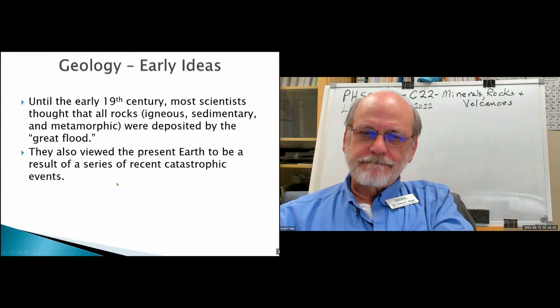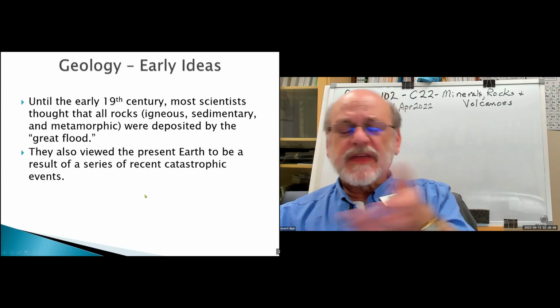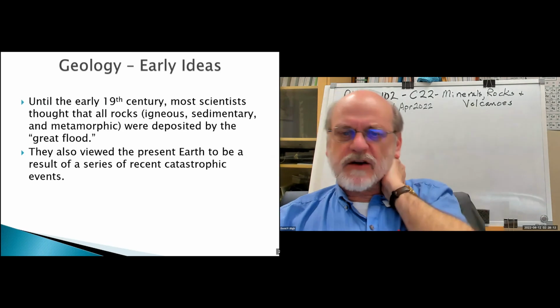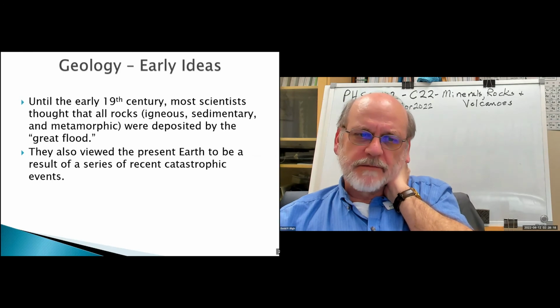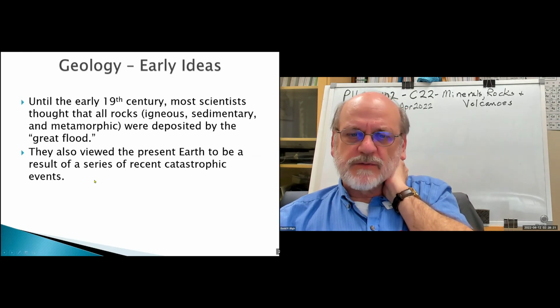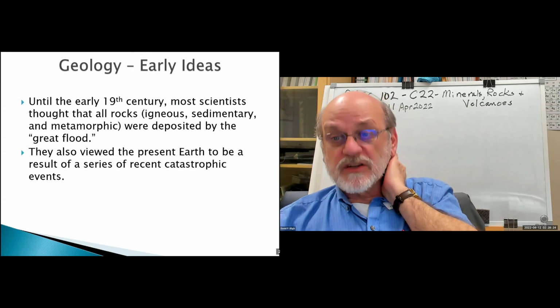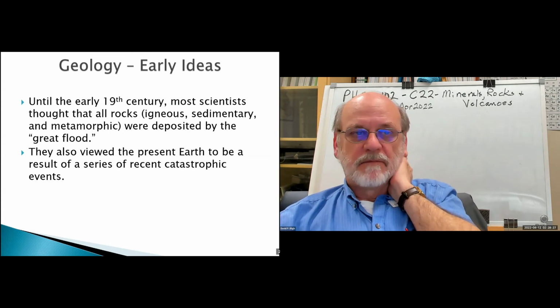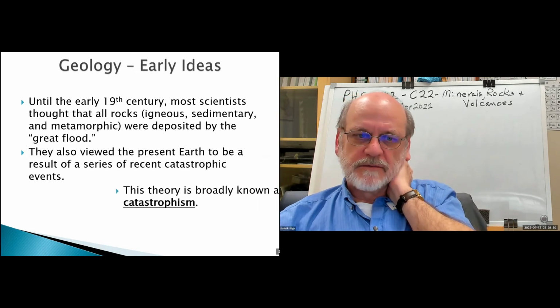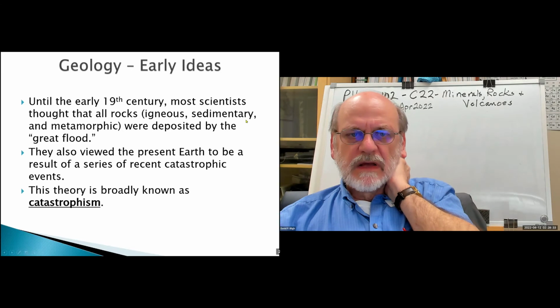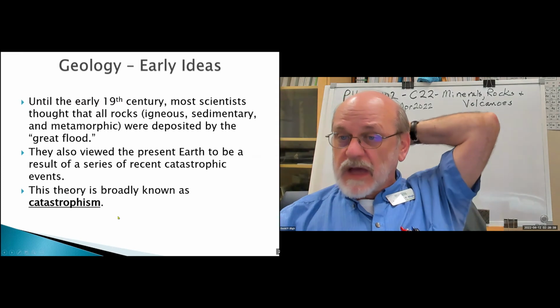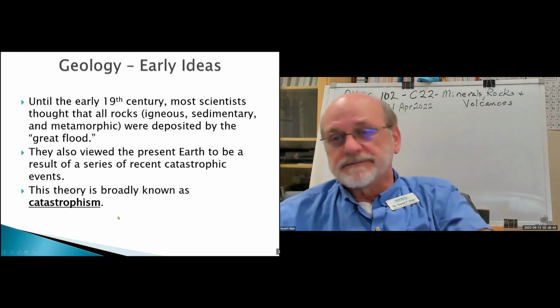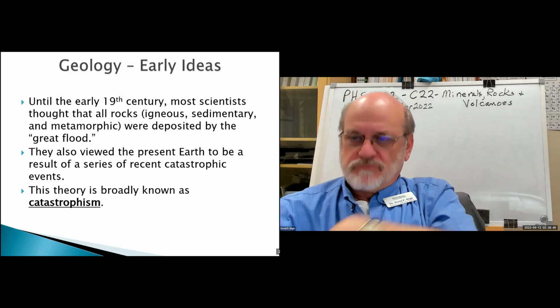Well, they also considered other types of catastrophic events that contributed to the present form of the Earth. All right, we're not going to spend any time on these because we want to look at the history of geology, how our understanding has developed over the years. All of these ideas are grouped together in one form or another and called catastrophism. In other words, a catastrophe produced things the way they are.